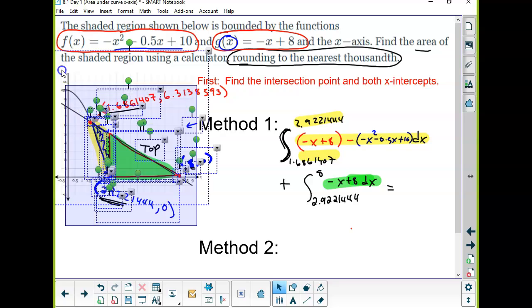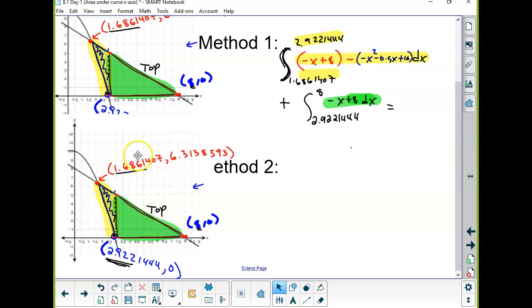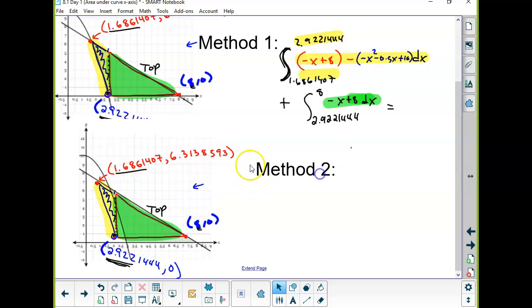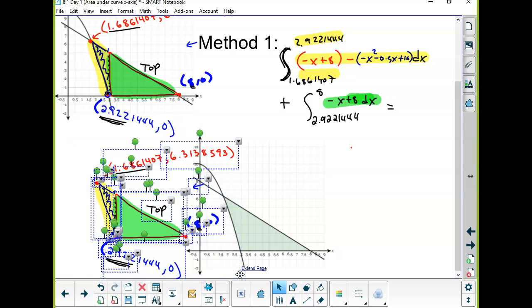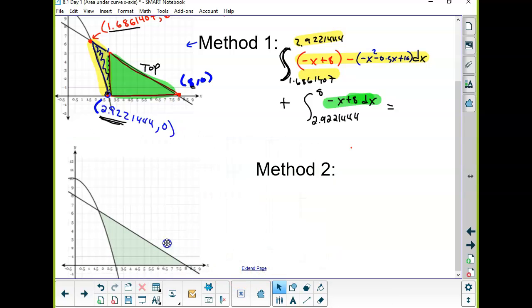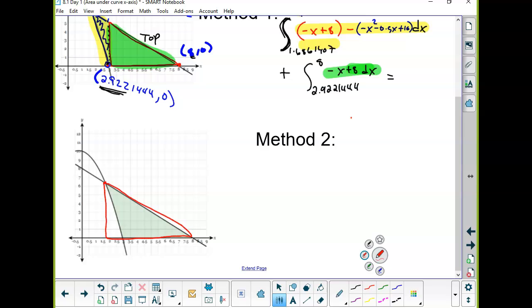I do want to show you one last method, and I might not get all the way through this, but that didn't work the way I wanted it to. What's another way to break this up? Watch this way. What if I took the area under this curve here? So I took the area from 1.6